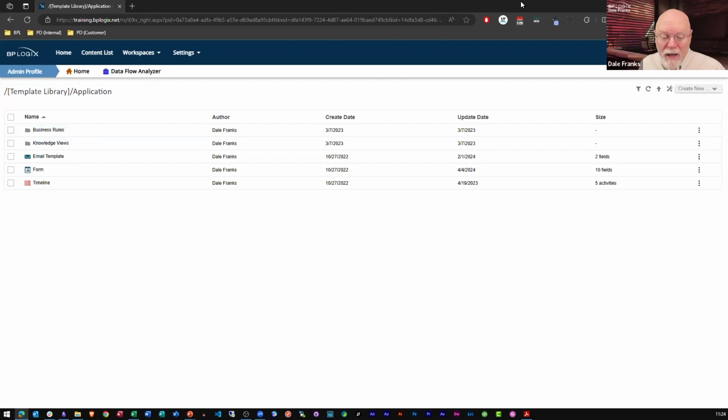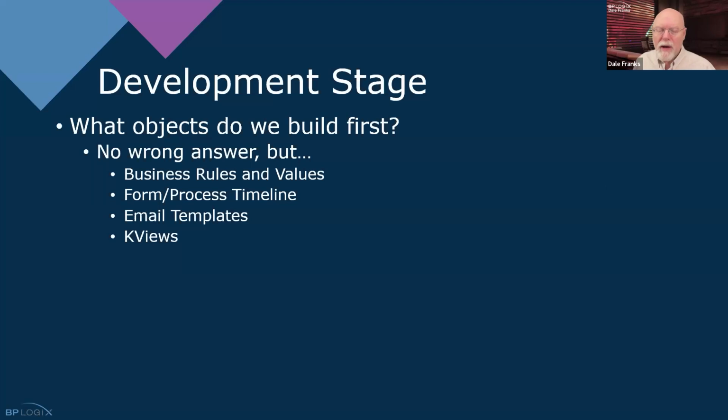So the objects could get created all at the same time, and that's fine, I suppose. It doesn't really, however, answer the question of what objects do I configure and in what order do I configure them. This is pretty much the general order in which you should configure stuff. So you would just build it from the bottom or the top. And so right here with business rules and values, I would probably add in right after that